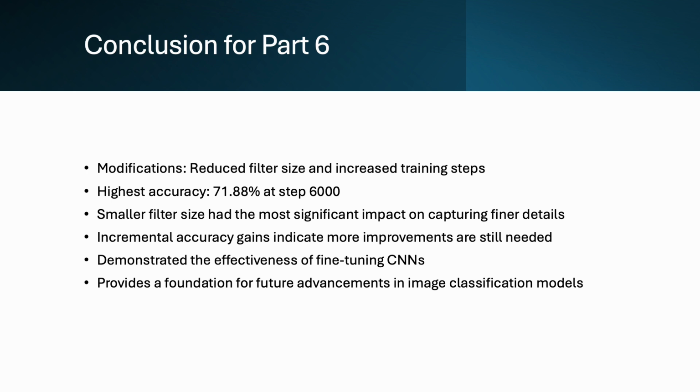Although increasing the number of steps allowed for further refinement of the model, the most impactful change was reducing the filter size. This enabled the network to capture finer details. Even with improvements in performance, the gains in accuracy were incremental. This indicated that future advancements are still needed. This phase demonstrated the effectiveness of fine-tuning a CNN, and it also provides insights for future improvements in image classification